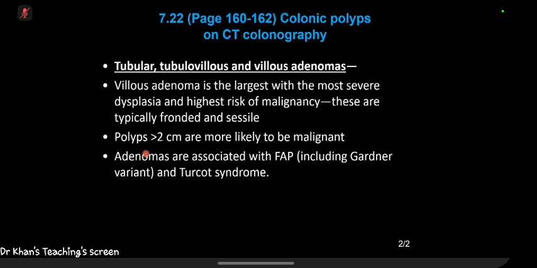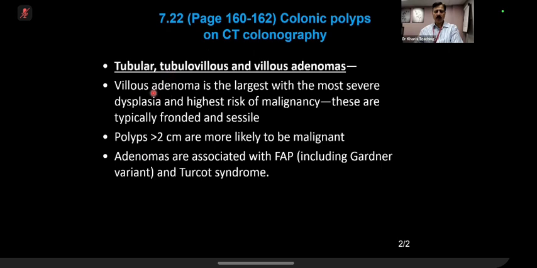Which kind of polyp has got the highest risk of malignancy? I've simply cut and pasted from your Chapman here: villous adenoma, and they are more sessile, the variety. This one was pedunculated, tubular, so this is less likely to be malignant. And adenomas are associated with FAP, which is extremely important. We will come back to them in a while. Now,